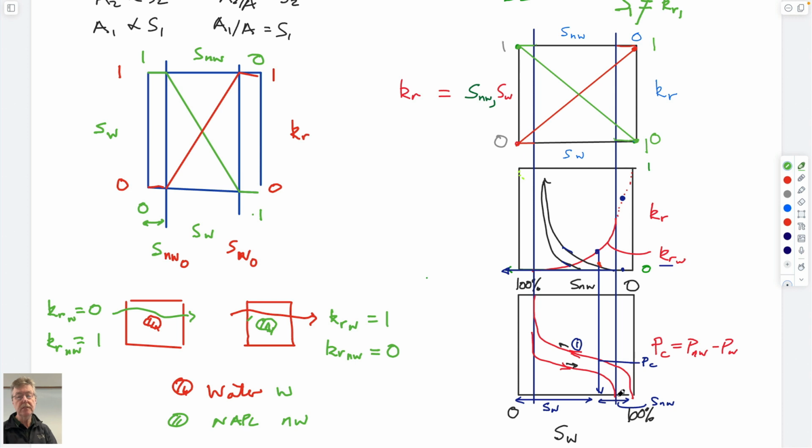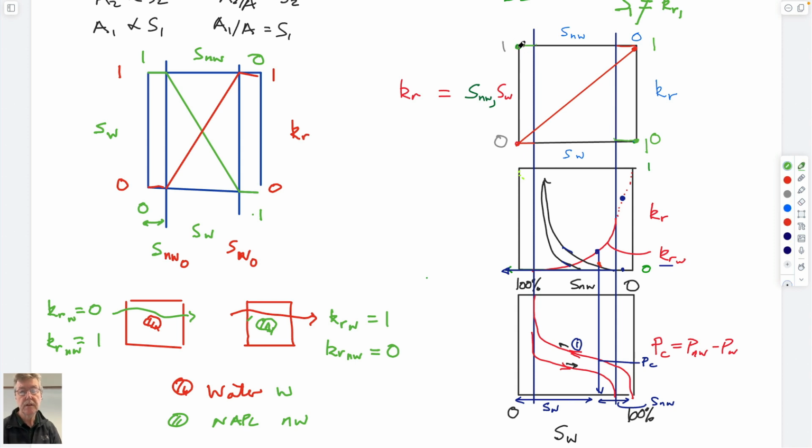But we know the reasons that we have these curves that look like this is that this curve asymptotes to this irreducible saturation here, and it also asymptotes to this irreducible saturation here. So these upper boundaries we think might be no-go areas. So conceivably, instead of looking like I drew them, these curves might look like